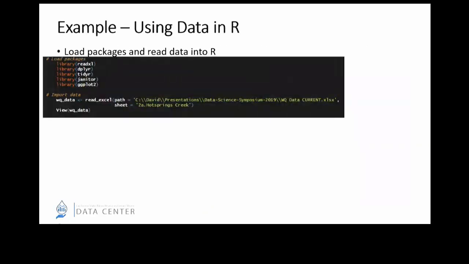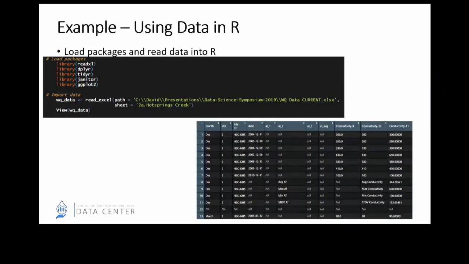So first, if I were working with this data, like I mentioned, I'd load up a couple of those packages that give me some extra functionality, and then just import the data into R. That's a simple, one-line command where you just point it to where the data set lives on your computer. In this case, I'm just going to read in the data from one sheet to keep it simple. You could do all the sheets or a subset of the sheets. And then in RStudio, you have this functionality to view your data, and you get this spreadsheet type view. And you can see it looks pretty similar to what was in the Excel spreadsheet.